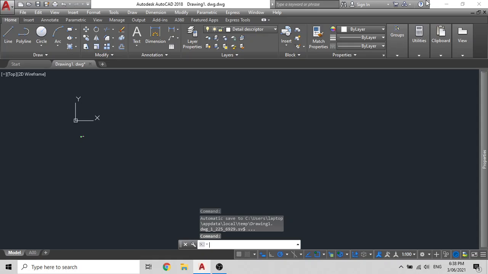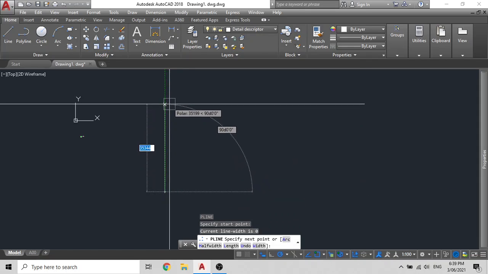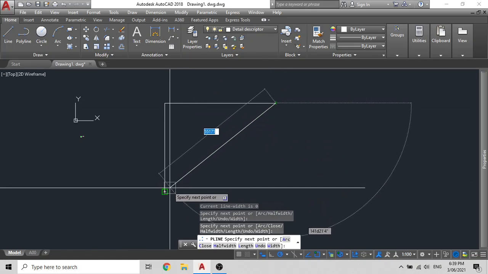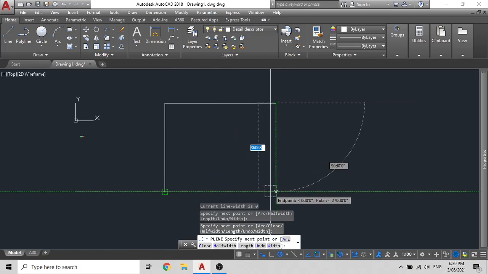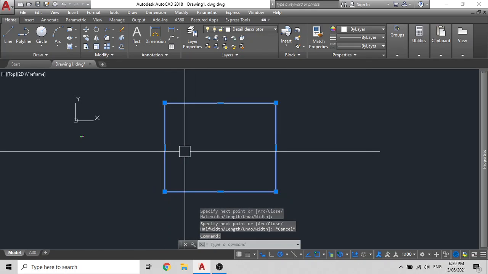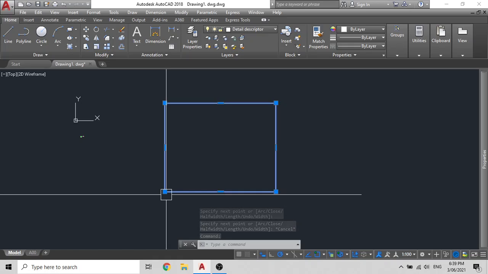Let's start. The first command that we will always use will be a polyline. To bring in a polyline, type PL for polyline and press enter or spacebar and you can draw your polyline. Now the difference between a line and a polyline is that a polyline has this continuation. However, if you use a line, it does not. And a polyline will have this middle grip always thin and the two outsides will be thick boxes.